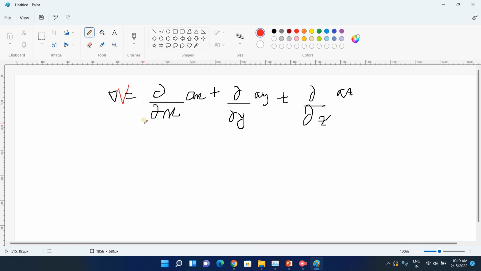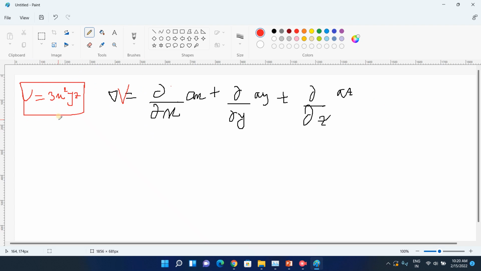Okay. So now if you write the del operator on a scalar, suppose scalar is v, then we call it gradient of a scalar v. So this becomes a vector. How? Because it is very simple. If you have a scalar, it can be anything. Suppose scalar value is like this, say 3x square yz, it is a scalar. That means it is having only magnitude, it has no direction. So when you are finding the gradient of a scalar v,